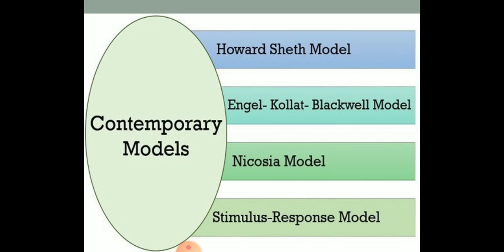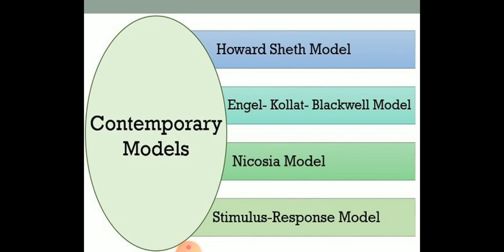Here, after purchasing the commodities from the market, the level of their satisfaction or dissatisfaction and other factors affecting customers to buy or not to buy a product state the output variables in the Howard Sheth model. The more the customer is satisfied, the more the brand value will rise. If the customer is not satisfied, then the brand value will decline. So in this model, four variables are there, that is input, output, hypothetical constructs. Now let us see the hypothetical constructs.